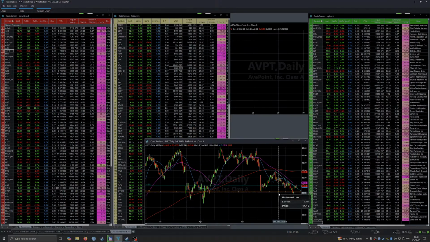I could have put this line down here. Equally valid. It's an area. The stock doesn't have to touch this horizontal line for me to expect it to bounce and go higher, for example, in this area, somewhere around here. And it has done that,